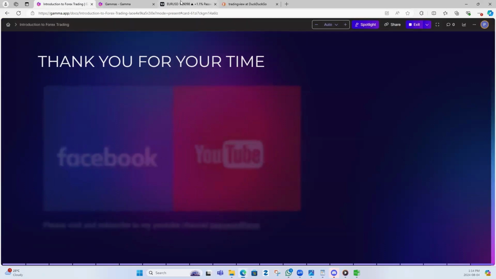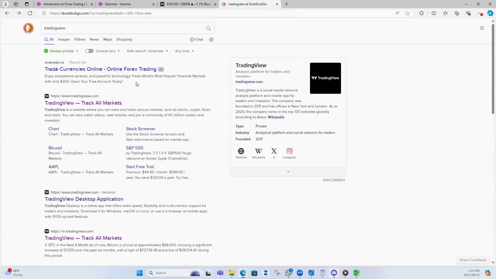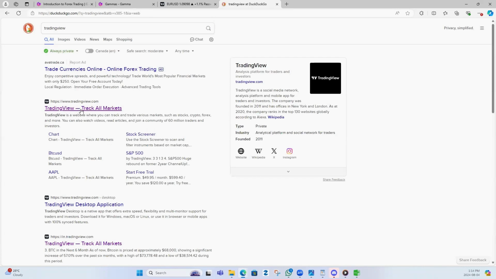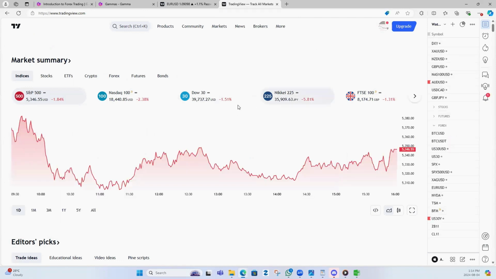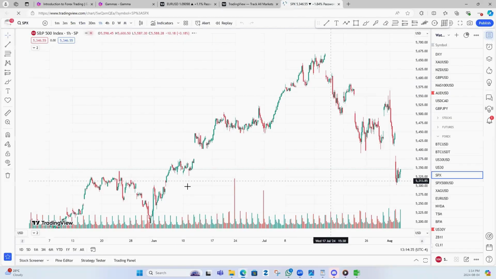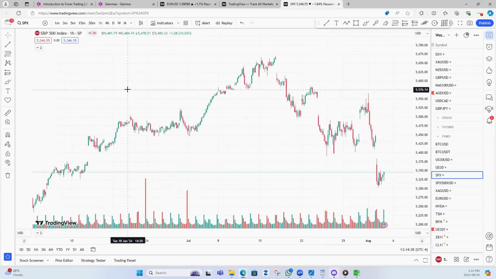Okay, so let's go back to the TradingView platform that I was talking about. You just type TradingView here, and this is the TradingView platform, which you can access for free. You enter right here. Obviously, I have my account already made up, but you use your Gmail account to sign up for free. Once you're on this platform, you log in, and this is where you will end up.